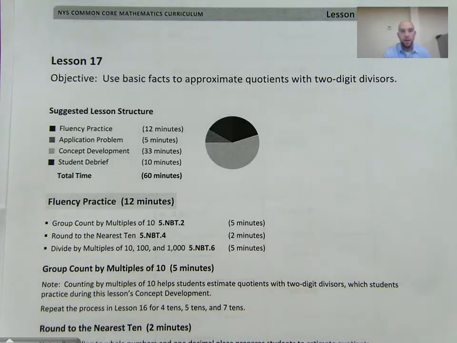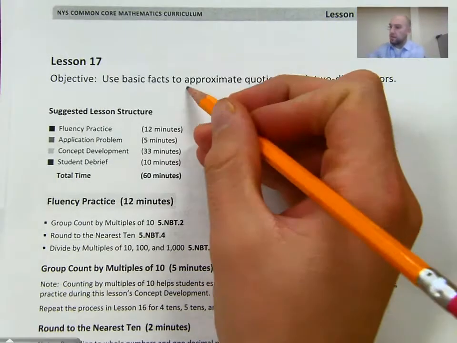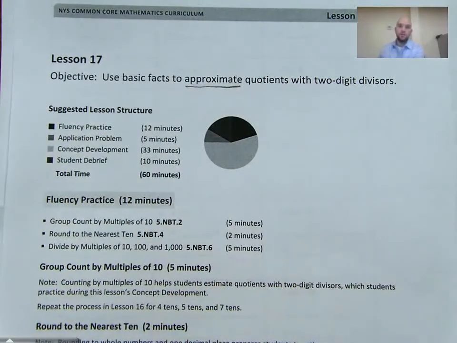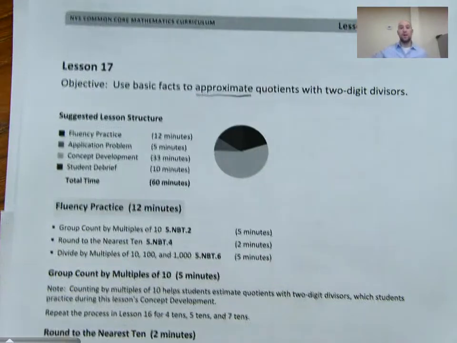Today we are doing 5th grade math module 2, lessons 17 and 18. Our page here just says 17, but they both involve using basic facts to approximate quotients with two-digit divisors. So we're going to put them into one video here. When we see the word approximate, that means we're going to be rounding. So we're going to be finding not exact quotients, but approximate quotients to help us come up with reasonable estimates